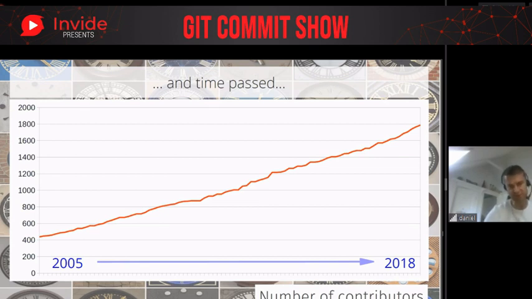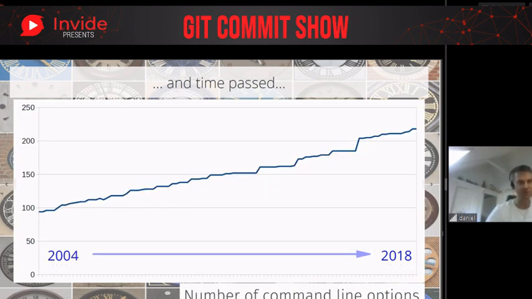And I also find it fascinating that the line is such a straight one. It seems to be pretty constantly adding the same number of people over time, which is, I don't know why, but it's curious. And another fun growth curve to watch is the number of command line options for the tool, because the tool already from the beginning became sort of a Swiss Army knife of internet tools. So it has a lot of command line options to alter behavior, to switch on, switch off features and things. And we've been adding a lot of command line options.